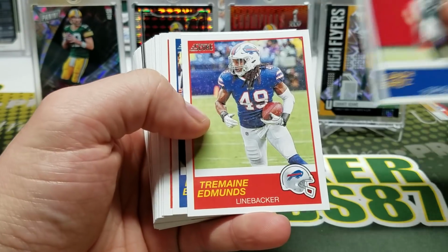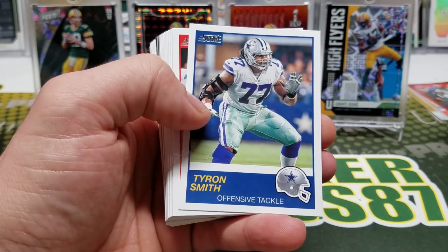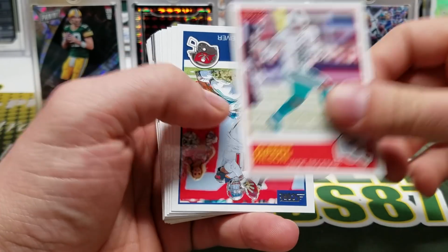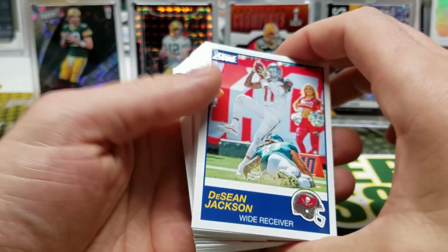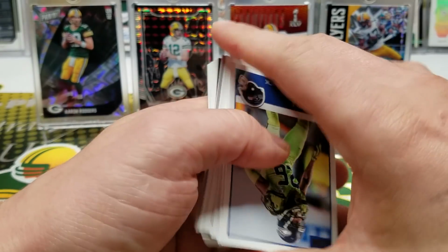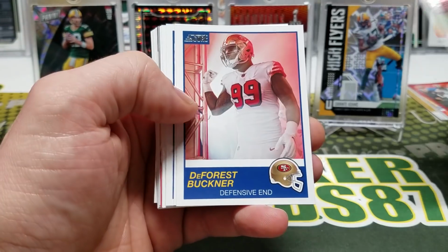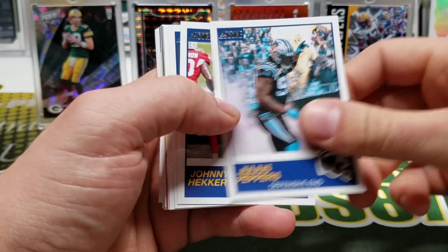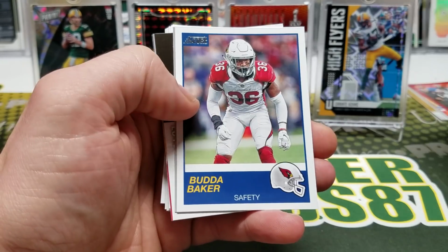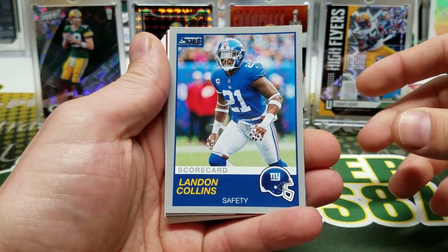Zach Ertz, Tremaine Edmunds, Evan Engram, Matt Milano, Tyron Smith, Osweiler, Cooper, Albert Wilson, Deshaun Jackson. Oh my gosh. You flipped me over for one card, dude. Shaquille Griffin, Taysom Hill, DeForest Buckner, Julius Peppers, Johnny Hekker, Tevin Coleman, Buddha Baker, a scorecard of Landon Collins,